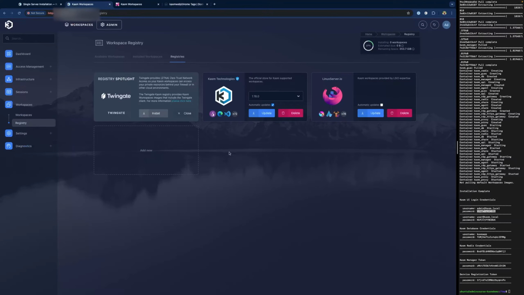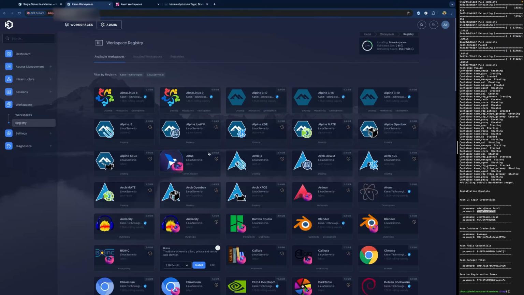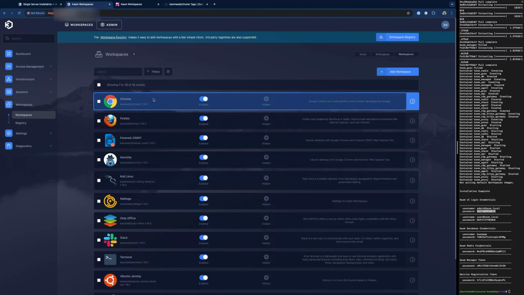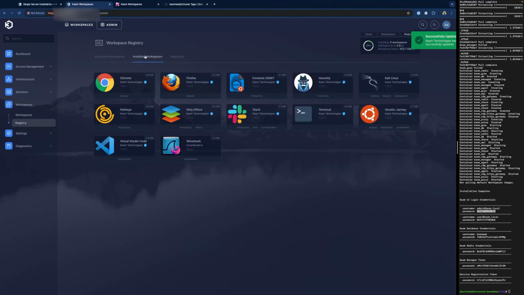So in any case, I want to go ahead and reset my core images to 1.16 rolling weekly. And then when we go over to available workspaces, you will see that I now have Chrome back here available to me, and you can see here 1.16 rolling weekly is available. If we go to install workspaces, everything is downloaded, and all of them have the base tag of 1.16 in here.